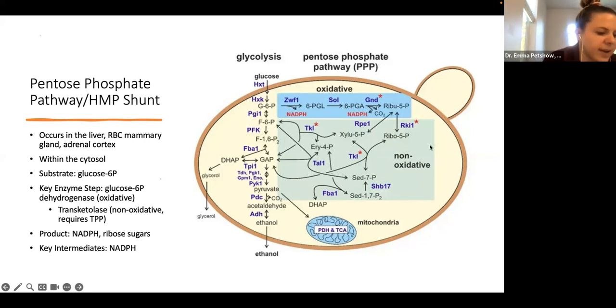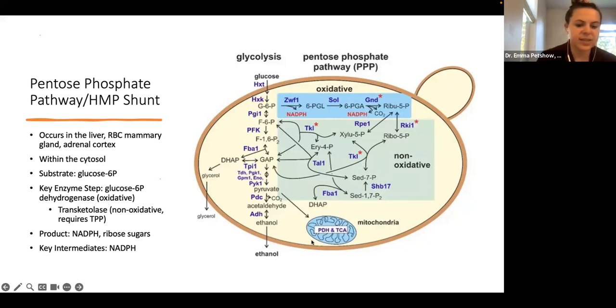It can also take ribose 5-phosphate and create our glyceraldehyde 3-phosphate, or GAP, which can then also go back in that glycolysis cycle. So transketolase is important because it can connect things back into the normal glycolysis pathway if needed. If we need to move back down here, if that's more important than generating NADPH or using the ribose 5-phosphate for something else. But if you had to choose one enzyme, it'd be that first one, glucose 6-P dehydrogenase.